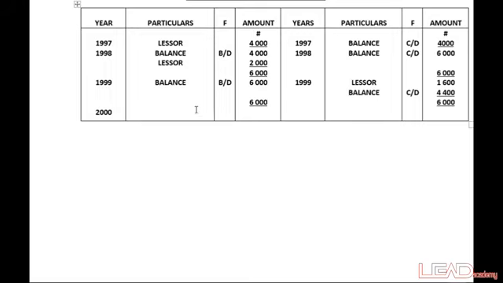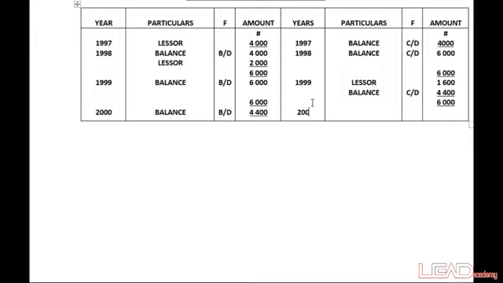Year 2000, you bring the balance forward. The balance you had in 1999, which is 4,400. Bring it forward, which is balance brought down of 4,400. Then you go to the credit side,